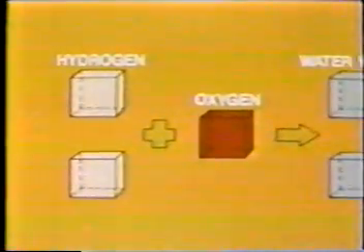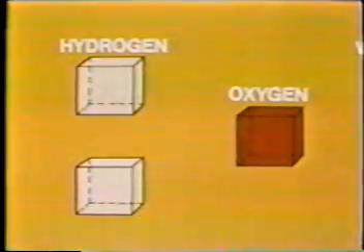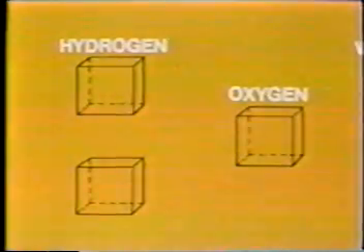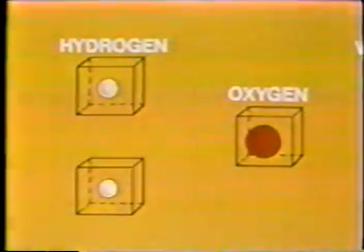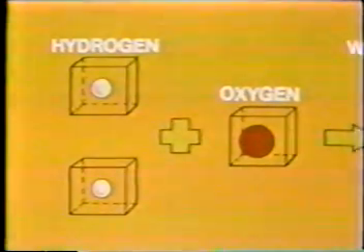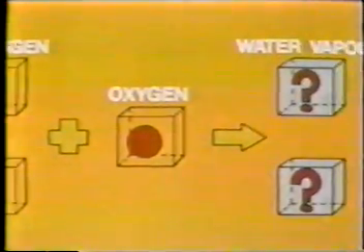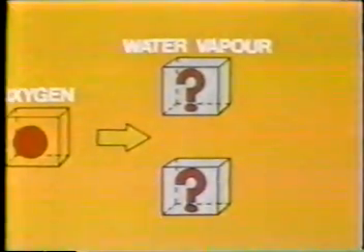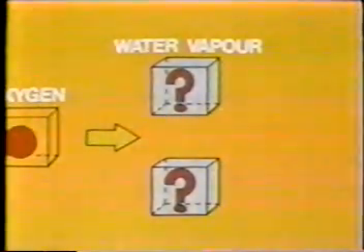Let's consider carefully the results of an actual gas reaction. Combine 2 volumes of hydrogen with 1 volume of oxygen under the same conditions of temperature and pressure. The product is 2 volumes of water vapor. Let's suppose that the hydrogen particles and the oxygen particles are single atoms. How many ways could these single atom particles combine together to create 2 volumes of water vapor?